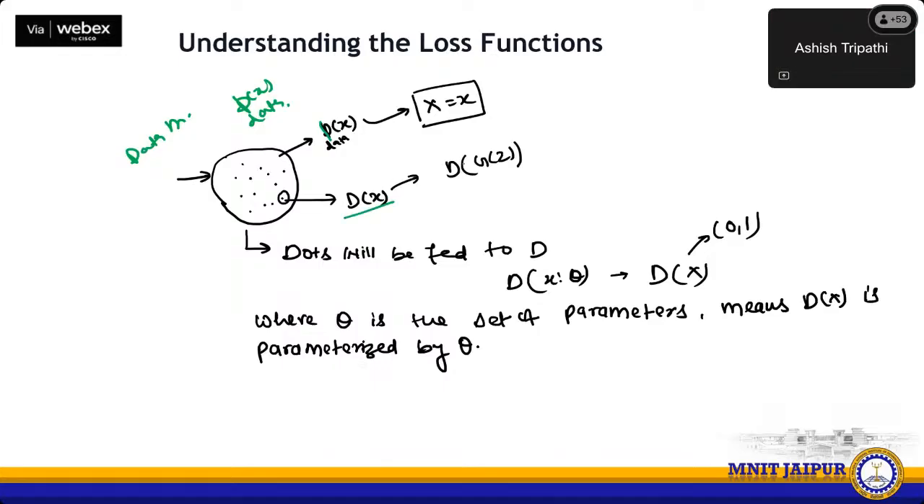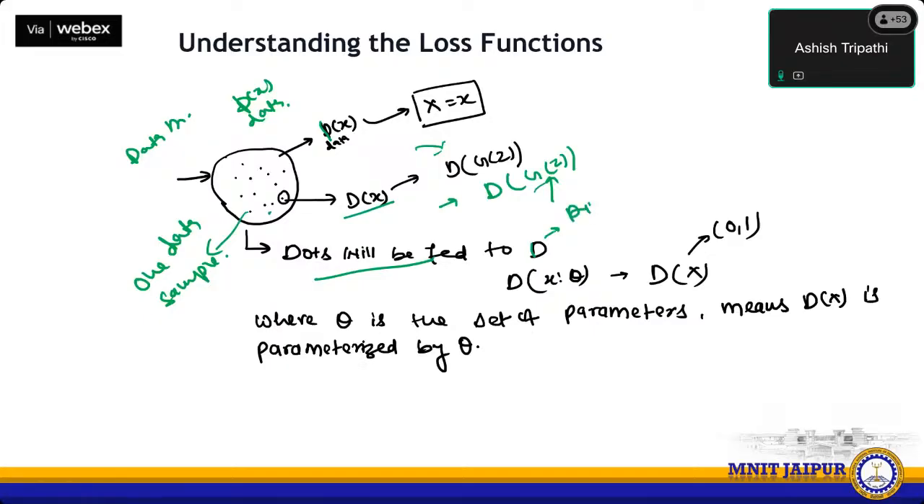what is the role of the discriminator? The role of the discriminator is to take the probability distribution of the generated data and the real data and to perform some kind of discrimination. So when we feed all the samples, or all the dots, each dot representing one data sample, to D, that is the discriminator network, then we can say that D